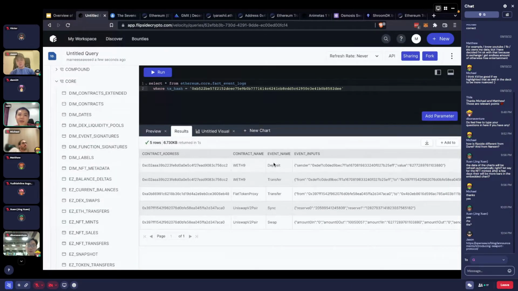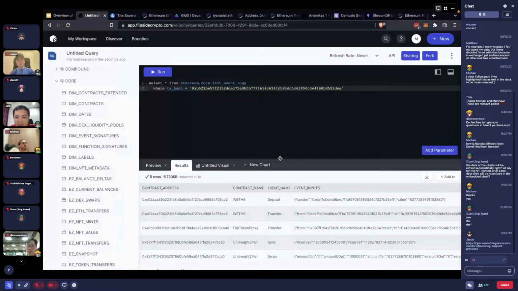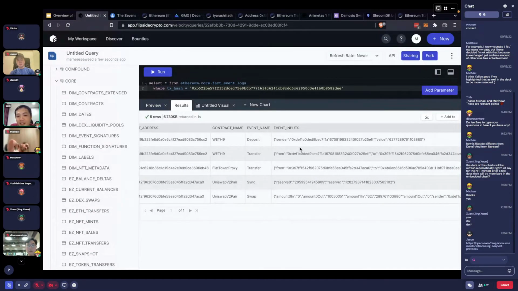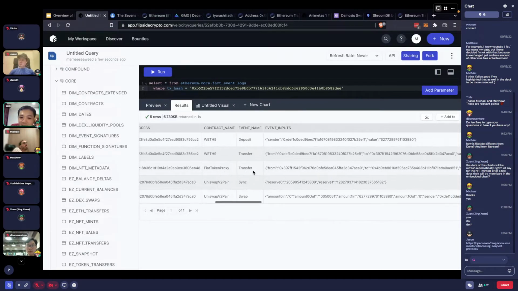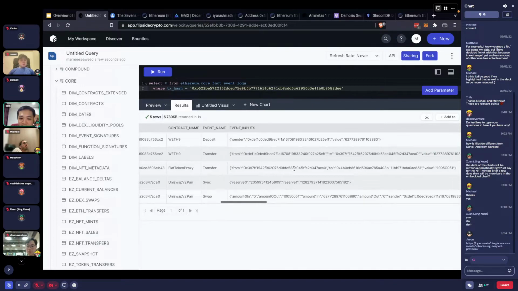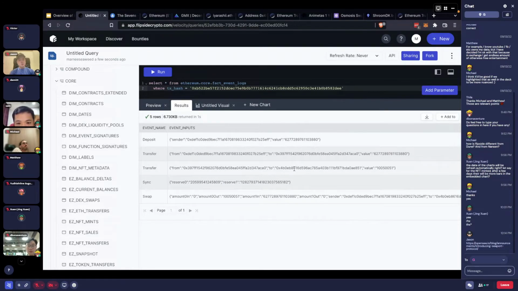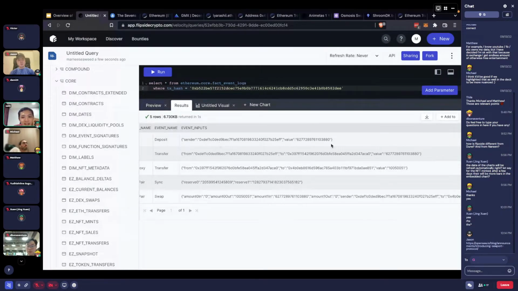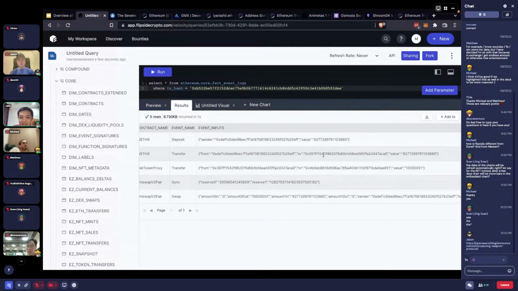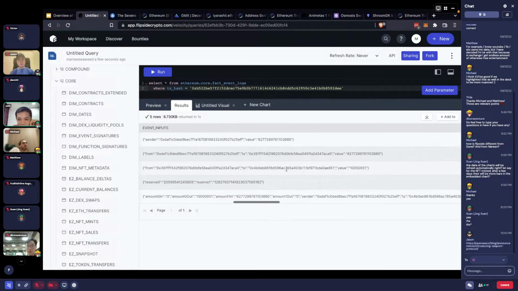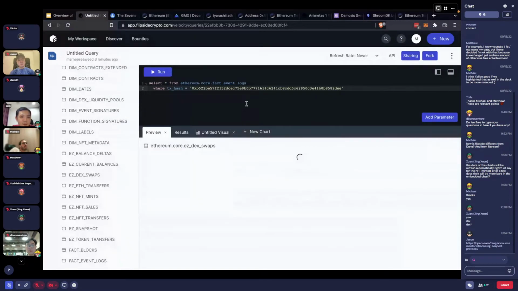And then in terms of making it slightly easier to understand, if I were to look at logs, this would be what I'm seeing. I would have to decipher the event inputs, somehow work out that the contract is sending either this USDC or Ethereum and then getting back the other token. It's kind of hard to look at, but in the curated tables, and I'm not sure if we have